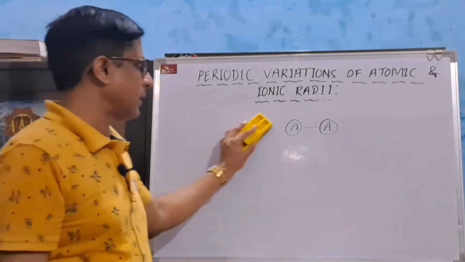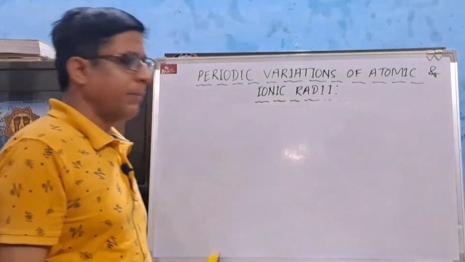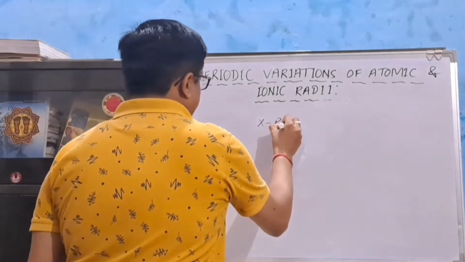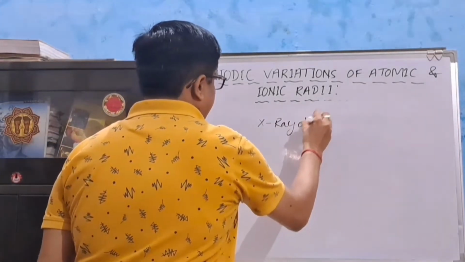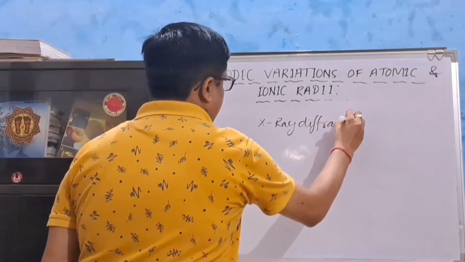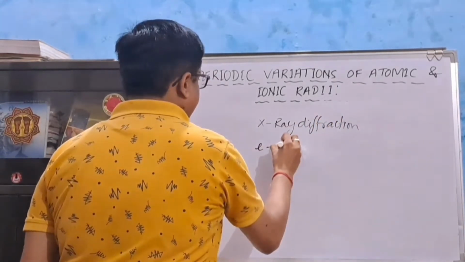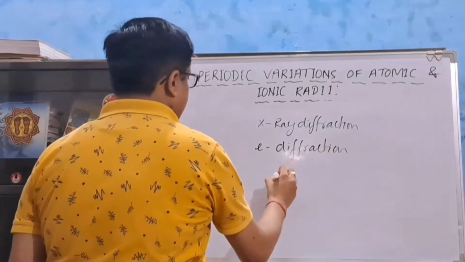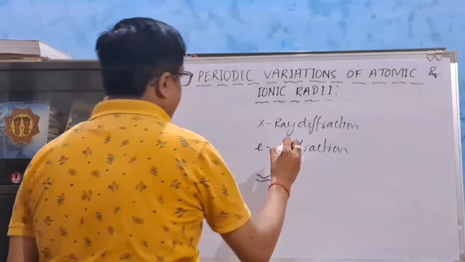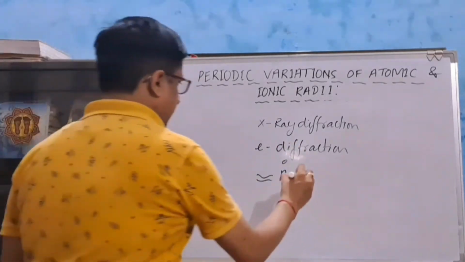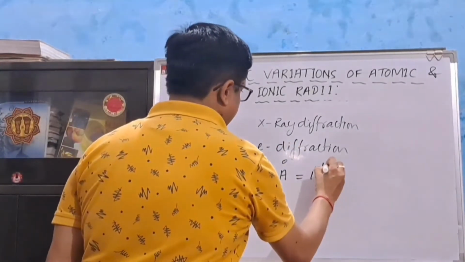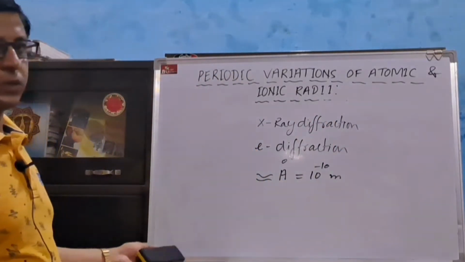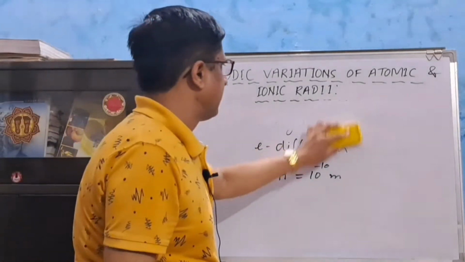These distances are so small that they are measured by X-ray diffraction technique or electron diffraction technique. These distances are of the order of angstrom, which is equal to 10 to the power minus 10 meter. Now